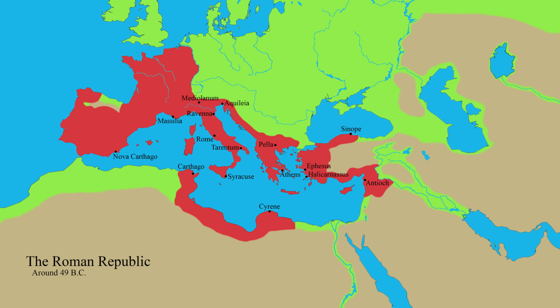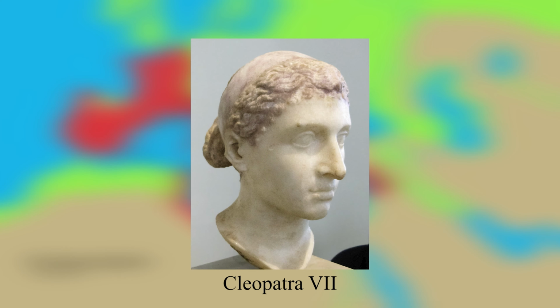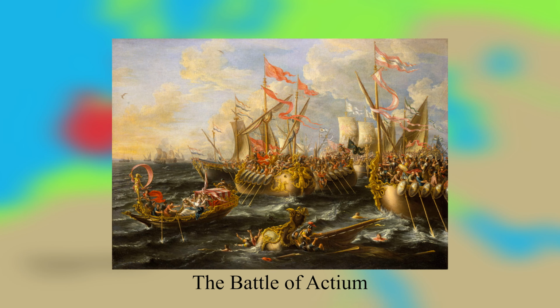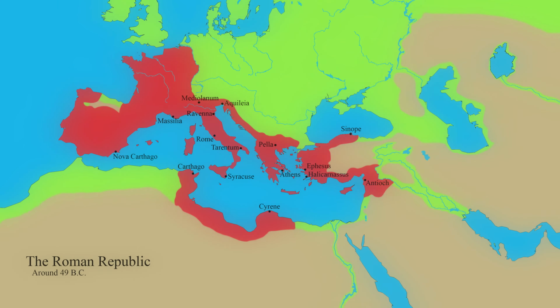With Caesar's murderers taken care of, Octavian and Antony were left to compete with each other. When it was revealed to the Senate that Antony, in his will, planned to leave the territories under his control to the children he had had with the Egyptian queen Cleopatra, Octavian had found his pretense for war, and he defeated Antony and Cleopatra at the sea battle of Actium in 31 BC, making himself the sole ruler of Rome.